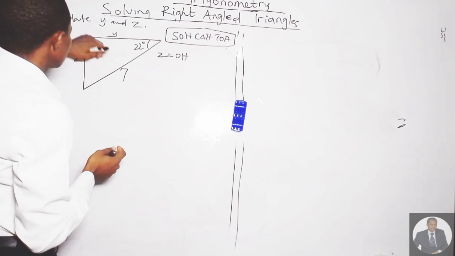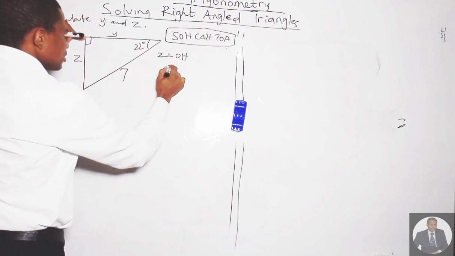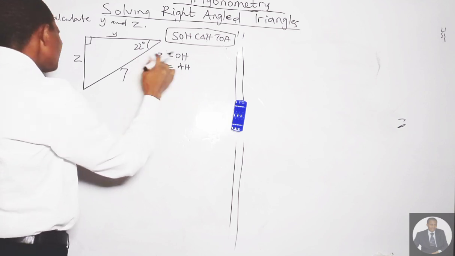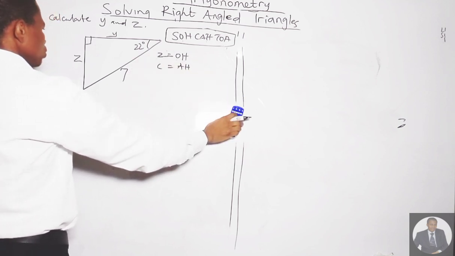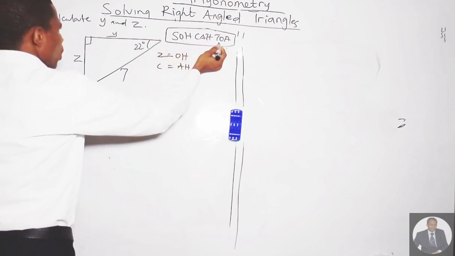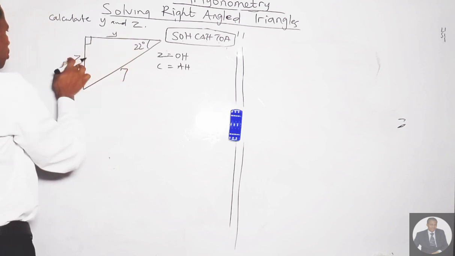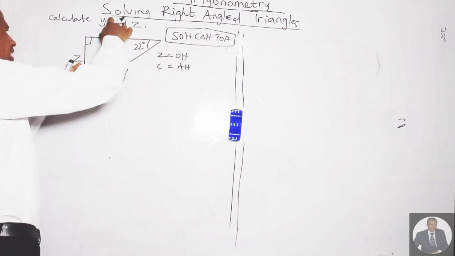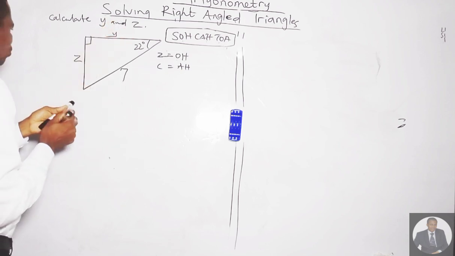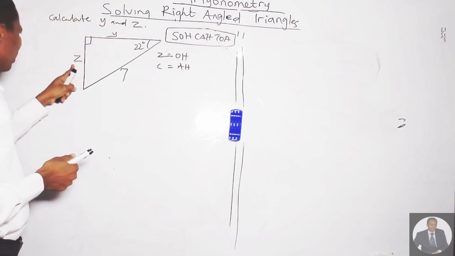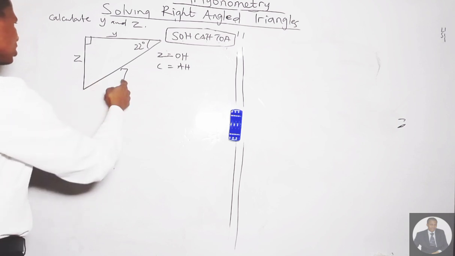Another way we can say this side is adjacent. Adjacent and hypotenuse, cosine. So any of these can be used. But we cannot use tangent, because that is opposite and adjacent, and we have two unknowns. To get one unknown, we have to have a known. So let's consider using